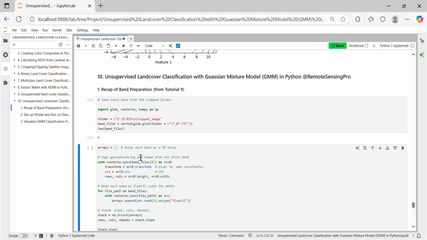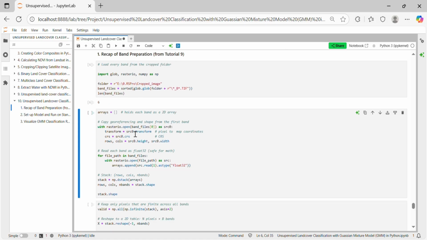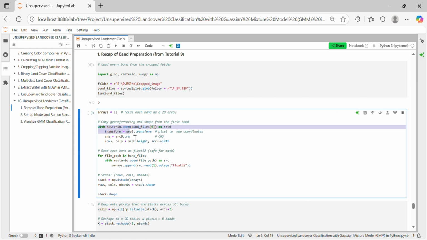All right. So go ahead to the next one, which is to create this array and then convert the bands to float 32. The first thing we're going to do is create this array that is going to hold each of the bands as a 2D array, remember? We use the first band we have in the folder to georeference the rest of the bands. This first band, which has the index 0, is going to be our reference band, and we're going to use it to